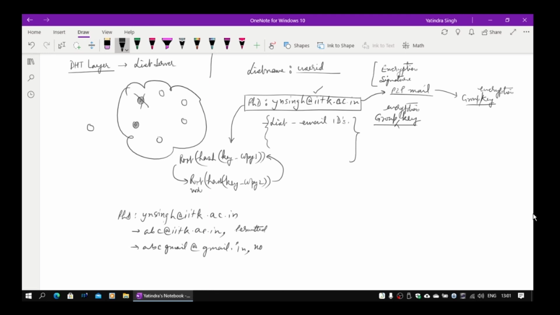I can say this is not permitted to post. Now this is an openly available list, but this is only available to this guy, nobody else. Okay, so I have published my list here. There are many group members sitting in. The group members can also be participating in the DHT. For example, this is a group member, this is also a group member, this is also a group member, this is also a group member, and this one is also a group member. Of course I am also a group member, because I am the owner of the list.